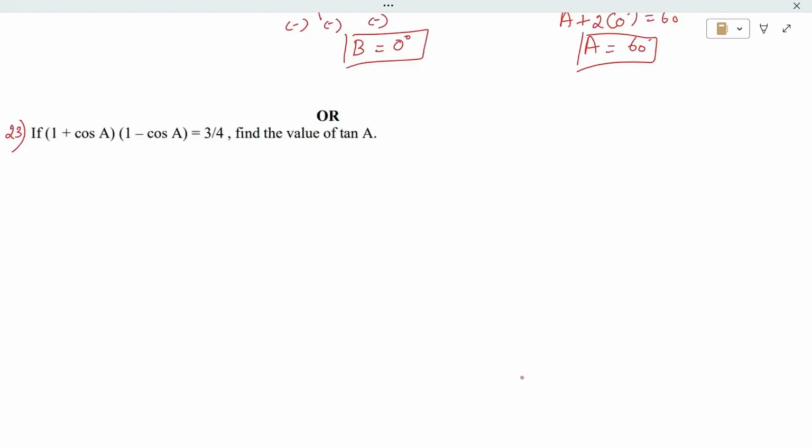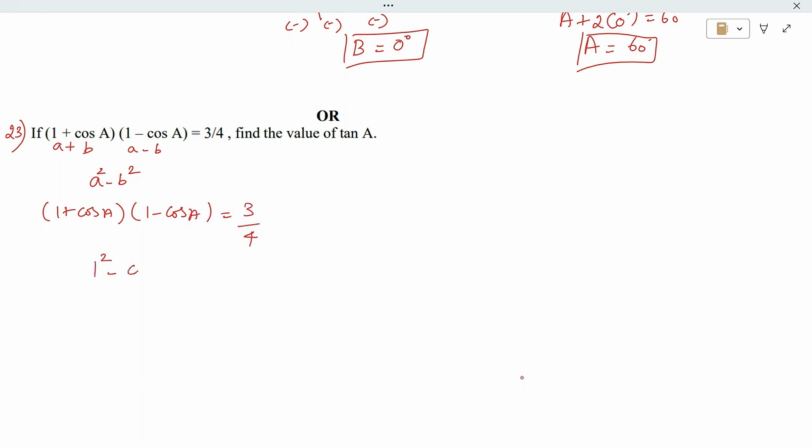Let's do question number 23. We have an internal choice. So this is the second question of 23. Okay, so (1 plus cos A) into (1 minus cos A) is given as 3 by 4. I know this is written in the (A plus B) into (A minus B) format. So the identity is A square minus B square, isn't it? So (1 plus cos A) into (1 minus cos A) is equal to 3 by 4, which is nothing but